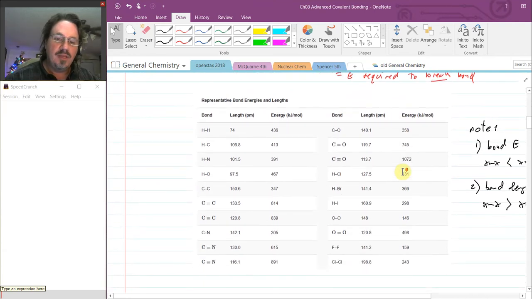The table in the textbook shows some of these different lengths and some of these energies for different atoms in different bonds. And so, for example, we just looked at that H-H bond. The length was 74 picometers. The energy 436. They've changed the units here to kilojoules per mole instead of just joules of a single H-H bond. So here we've got a mole of them, and they're given in kilojoules, and that's usually the unit that